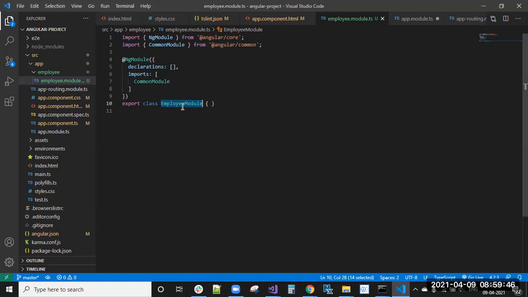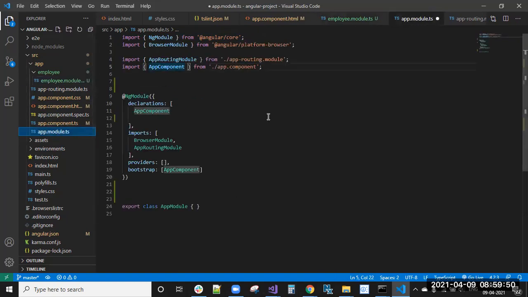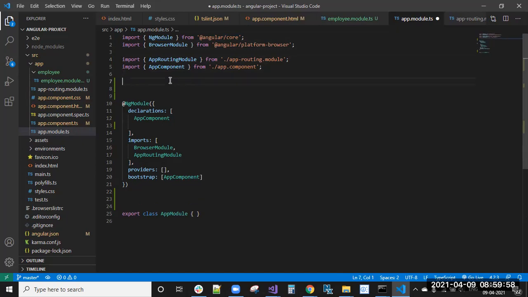This employee module, if you are creating it from ng generate, actually it should be inserted automatically, but it's not inserted, but we can import it. How can we import that employee module? I'm importing it now.